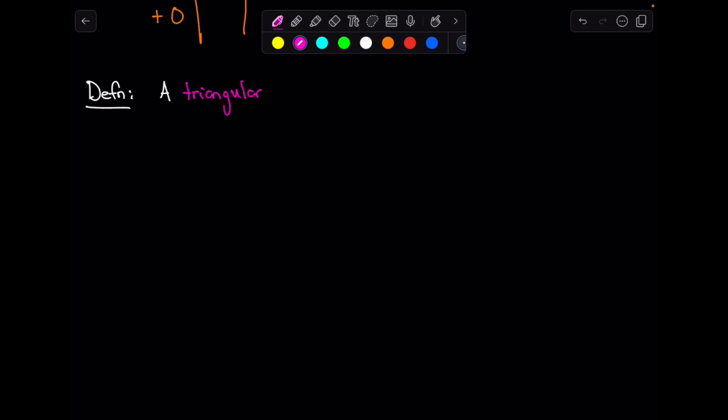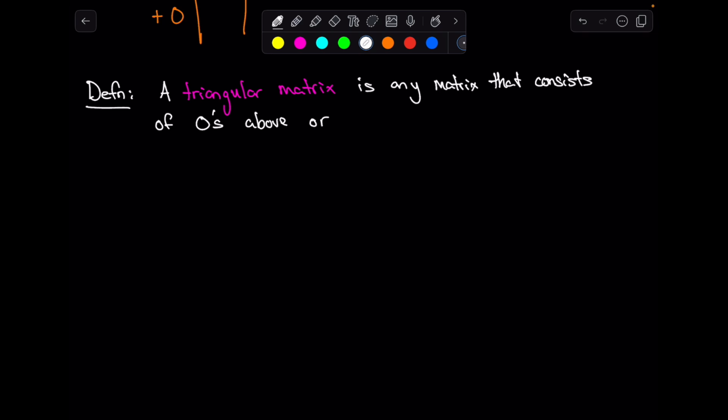A triangular matrix is any matrix that consists of zeros above or below the main diagonal of the matrix. And of course, we're talking about n by n matrices, square matrices, okay? So as an example,